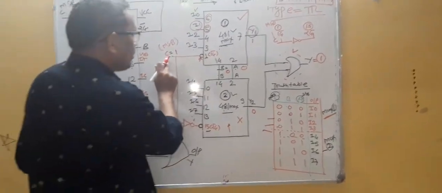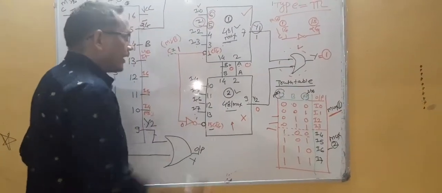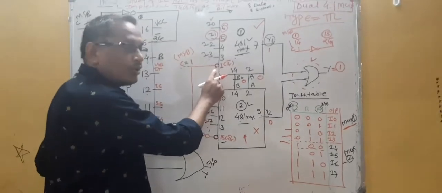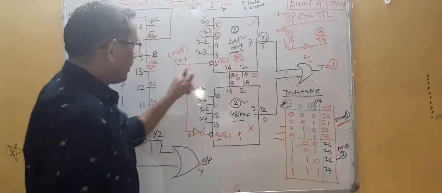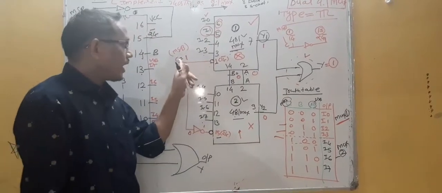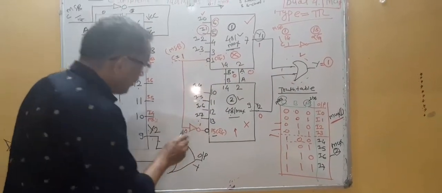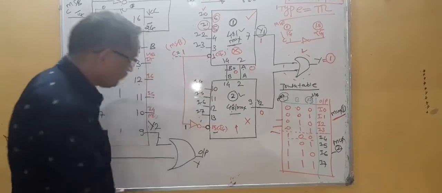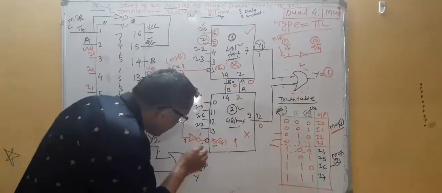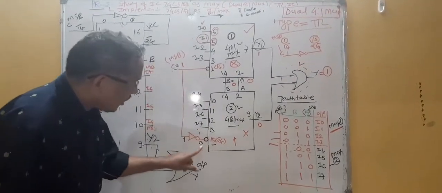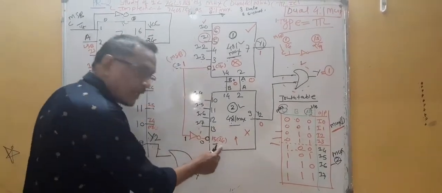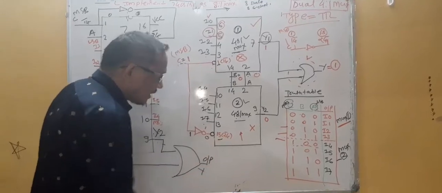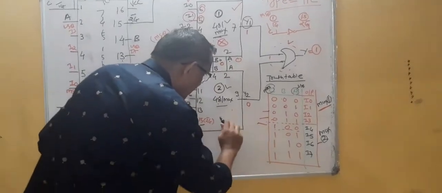That means this is 0, so this is active high, but initially this signal is nothing but active low. Due to that, this multiplexer doesn't work because you require an active low signal and you are applying a high signal. Due to this 1, you are applying 1 here, and due to this inverter it becomes 0. So this 0 output you are applying at the input of your second multiplexer. This pin number 15 is called the active low signal, so this lower multiplexer will get activated.